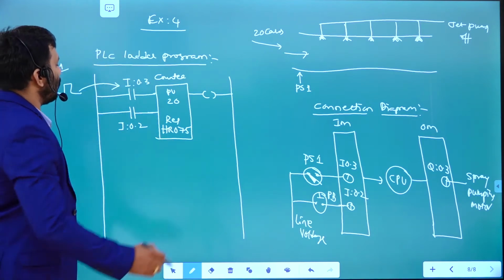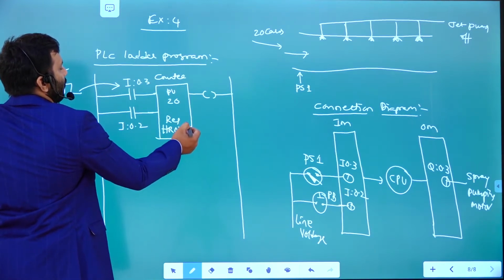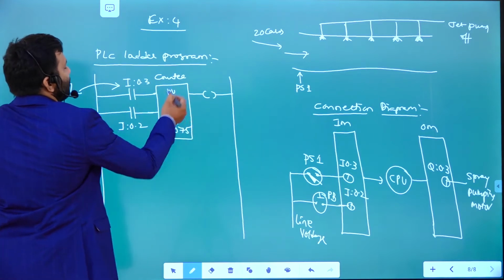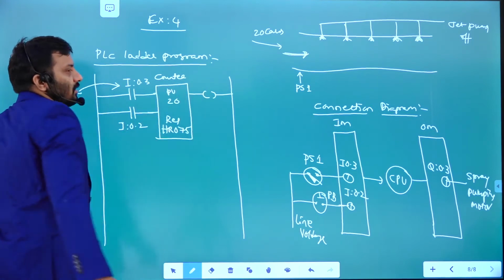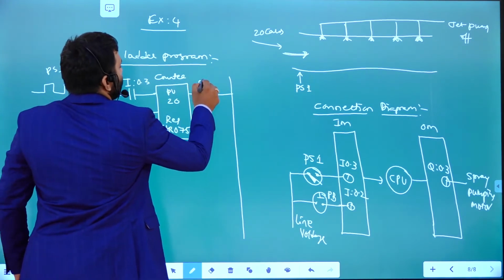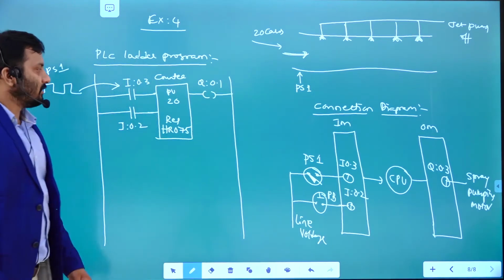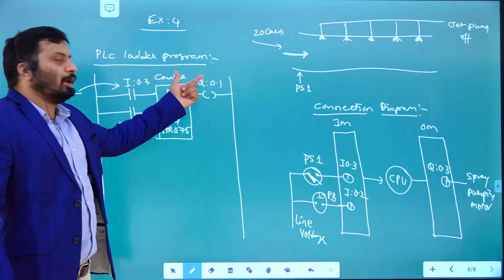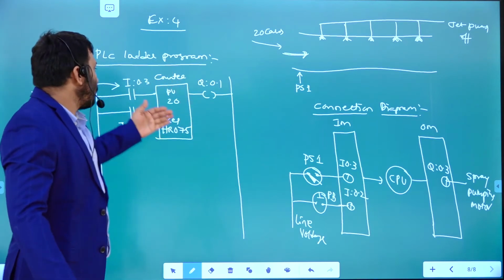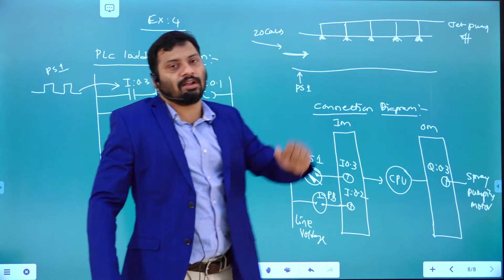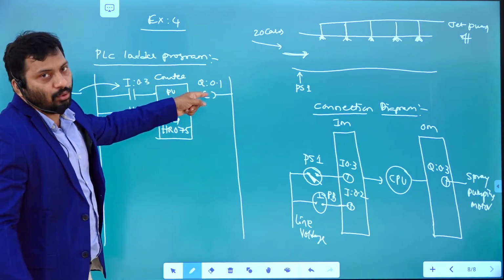Once it is activated, what will happen? The value present in this particular holding register is incremented. It keeps on incrementing until it reaches 20. That means until it reaches 20, the output is 0 only. The corresponding output bit, for example Q 0.1, is going to be 1 after 20 cars have entered this particular garage. Even if 19 have entered, it is in the low condition only, right?